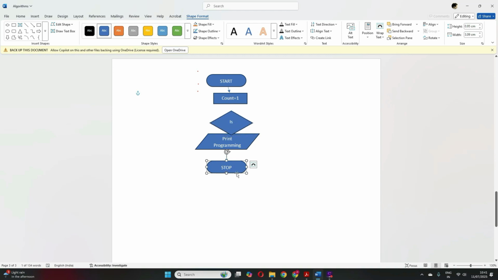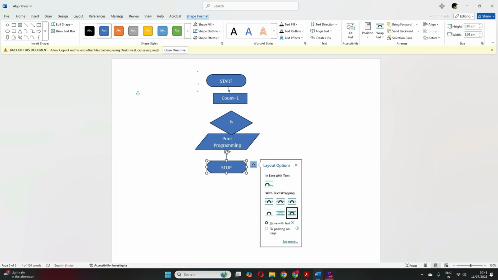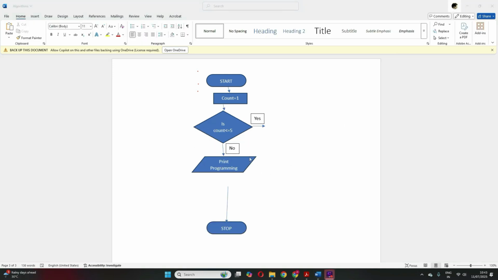Wait, I have to shift all this. Okay, so see, I have put count is equal to 1. Now I check, I have to print programming 10 times suppose, so I'll check, is count less than or equal to 10? If yes, then I have to print programming again, because it has not been printed 10 times, right?